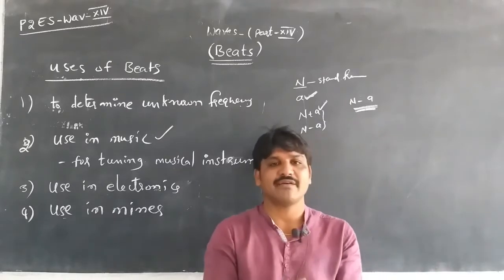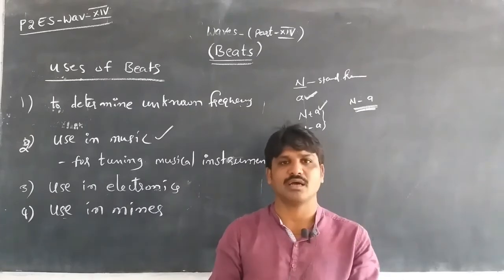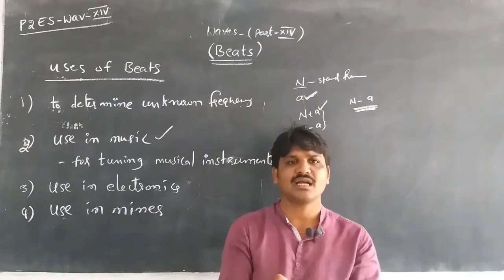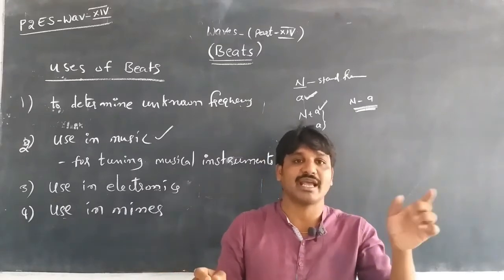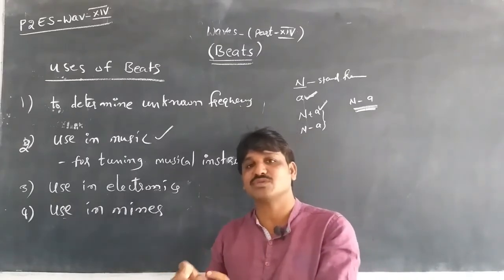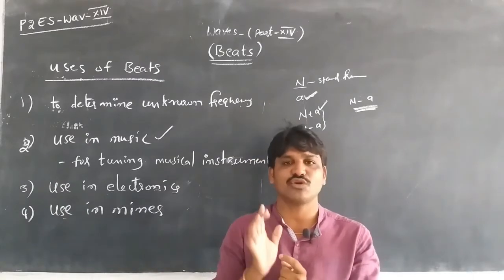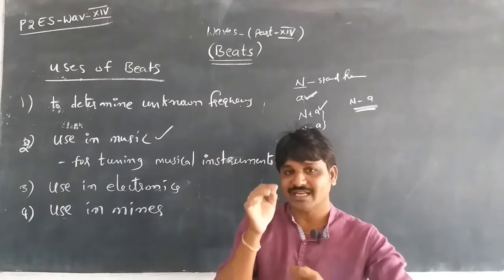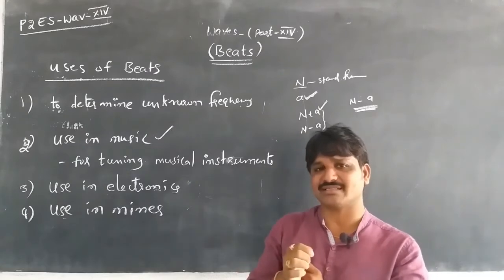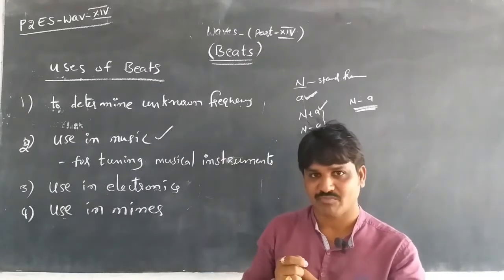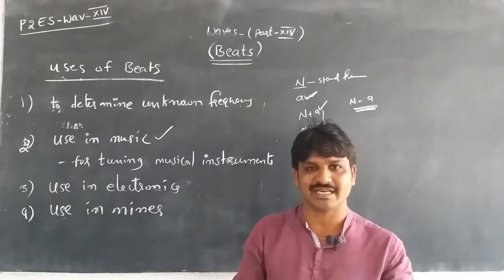If they have two pipes, one pipe is blown in the air, and the same sound is produced in the mine, and the beats are noted. If the two frequencies are the same, there are no dangerous gases inside. If any gas is released and they blow the sound, the lighter gases will give a higher frequency. The beat frequency will be high, and only then can the dangerous gases be detected in mines.